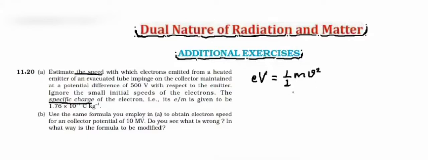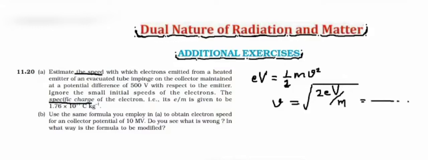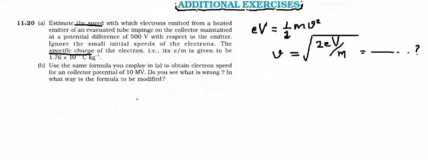Half mv square. And from this we can have velocity v equal to under root 2eV by m. Substituting the values, you will get the speed of electrons. Here e by m is given, so you can directly substitute e by m there. Then part B, use the same formula